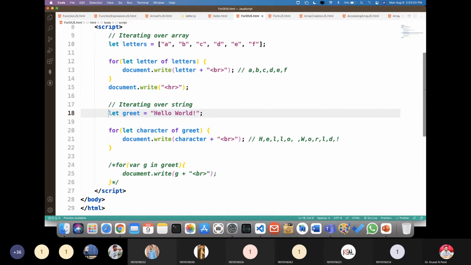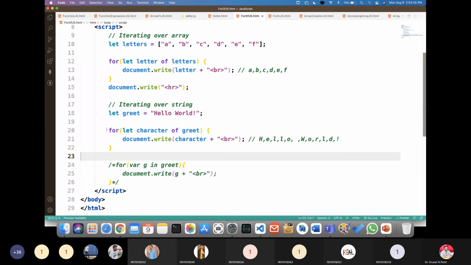Okay. So suppose if I iterate through the string, then I can write let greet. Greet is my string variable, right? For let character of greet, document dot write character. And here you can see the line, right? So here you can see how you can use this, suppose a list is there, right? Some collections are there. So if you want to iterate through that, then you can just go for of, right?